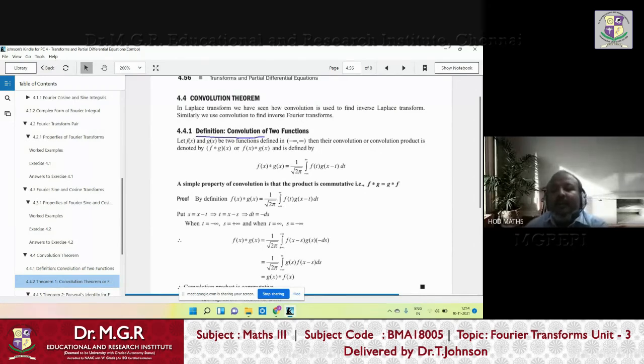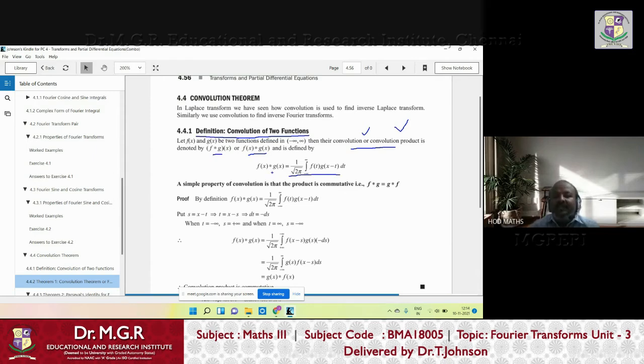So, the definition of convolution of two functions, right? If f of x and g of x are any two functions defined in the interval minus infinity to plus infinity, then their convolution, otherwise called the convolution product, they simply call it the convolution of two functions, and it is denoted by f star g of x, or f of x star g of x. So this is a notation, right? It is not multiplication. Remember, it is not ordinary multiplication. If you simply multiply, f is sin x, g of x is cos x, then f into g is sin x into cos x. That is simple multiplication. But this is not a multiplication. It has some meaning. What is the meaning of that?